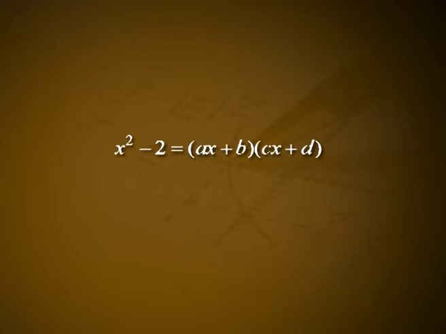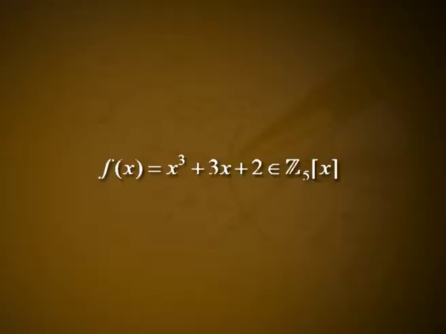Example 3. Since x^2 = 2 has no solution in Q, the polynomial x^2 - 2 in Q[x] has no zeros in Q. This shows that x^2 - 2 is irreducible over Q. For a factorization x^2 - 2 = (ax + b)(cx + d) for a, b, c, d in Q would give rise to zeros of x^2 - 2 in Q. However, x^2 - 2 viewed in R[x] is not irreducible over R, because x^2 - 2 factors in R[x] into (x - root 2)(x + root 2),